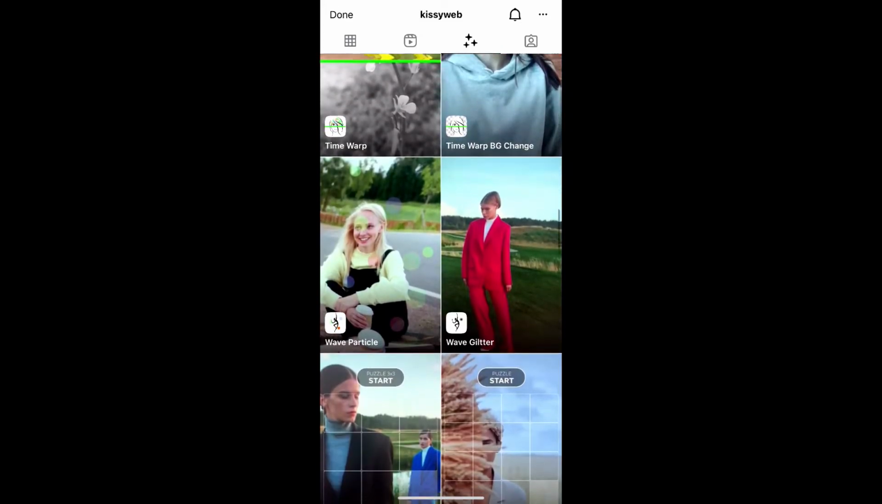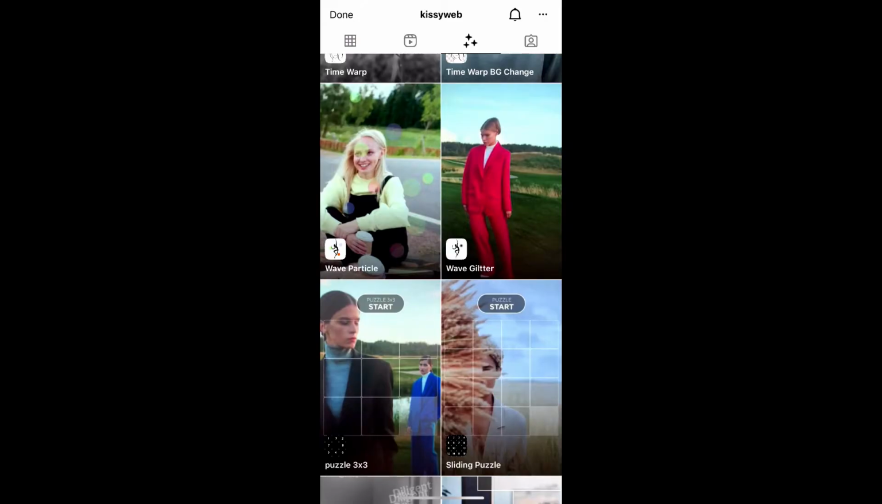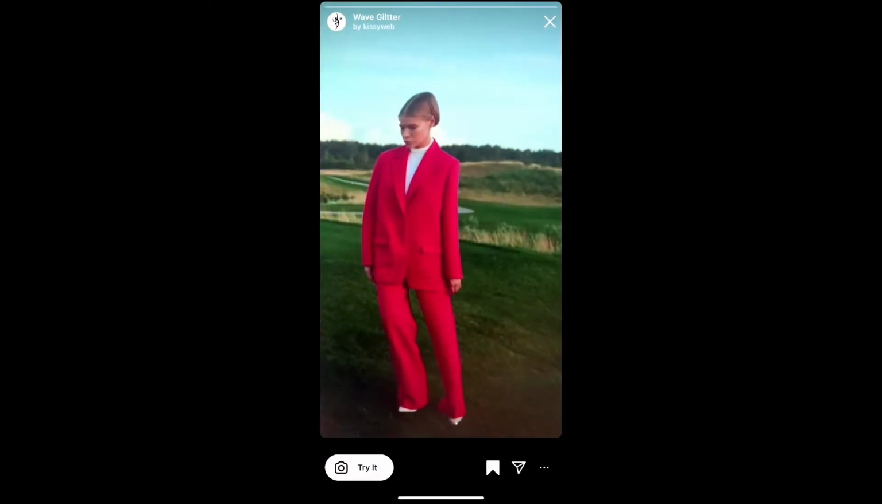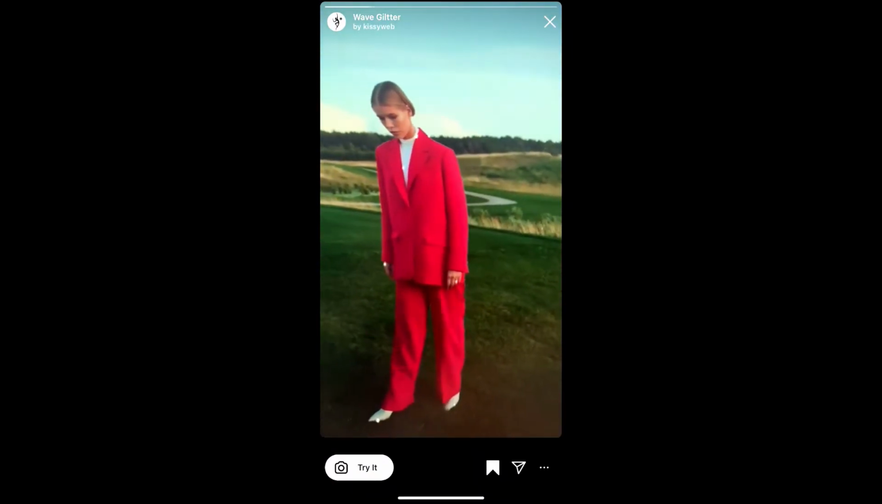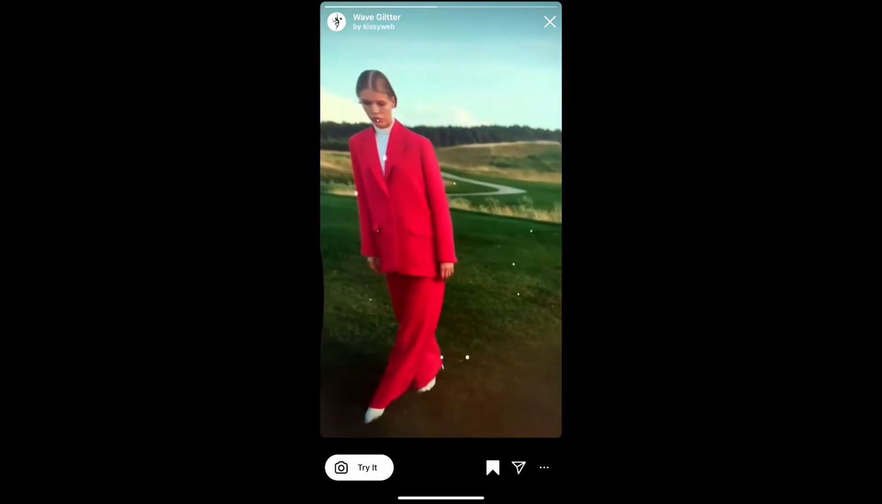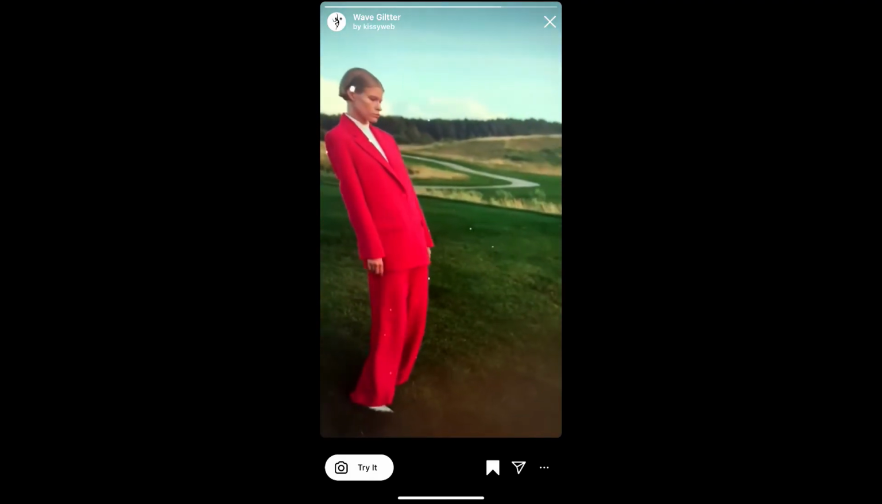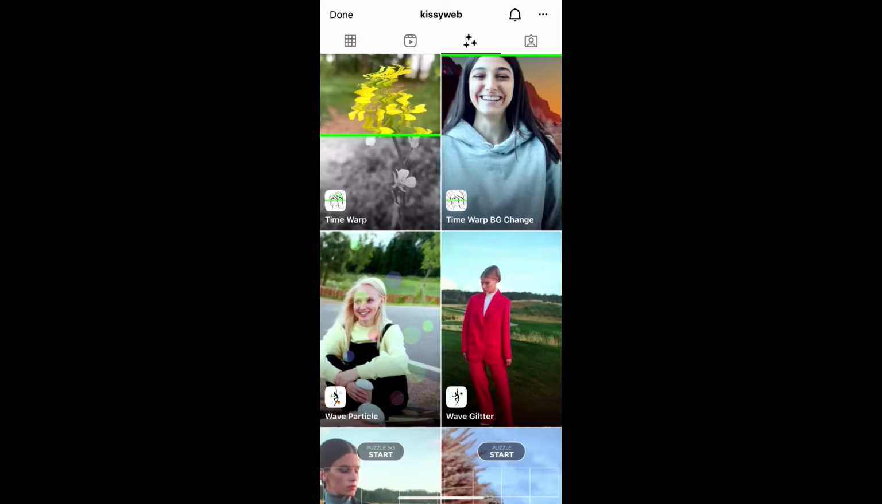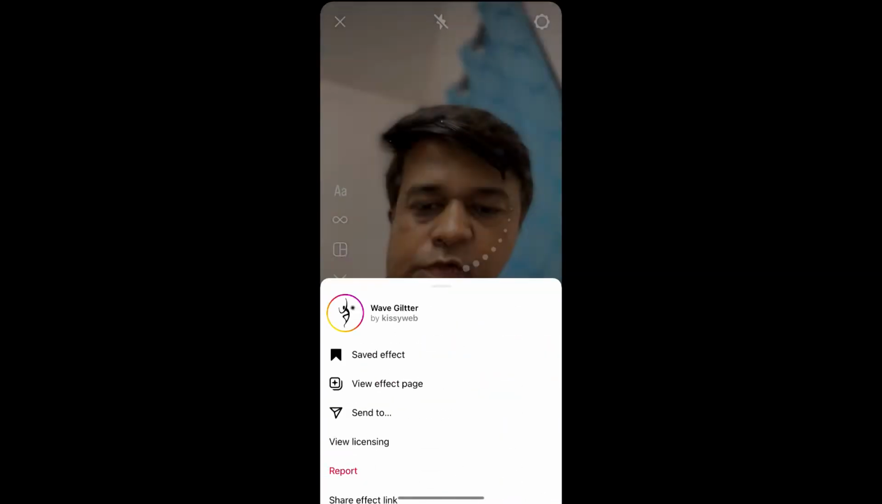Okay, so check in our filter gallery. This is the filter wave glitter. Tap on it and you will see this preview. From here you can save it to your Instagram camera tray and you can tap on try to try the filter. Okay, and suppose you are not getting the effect like this, then what you can do,